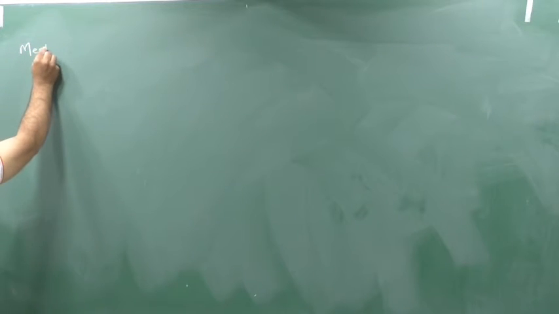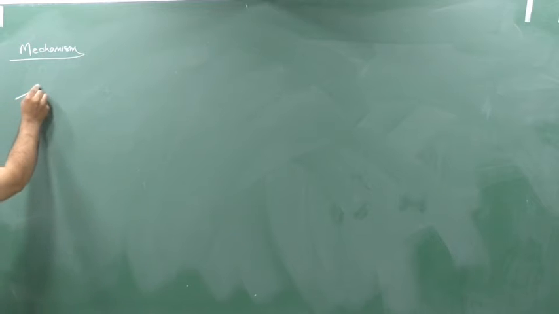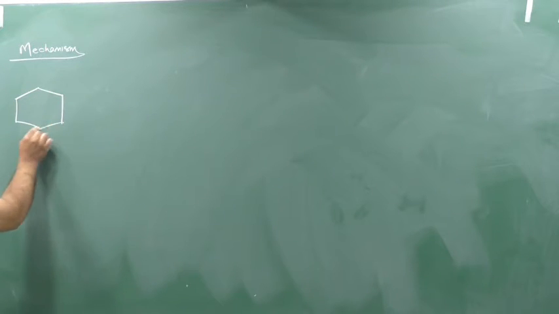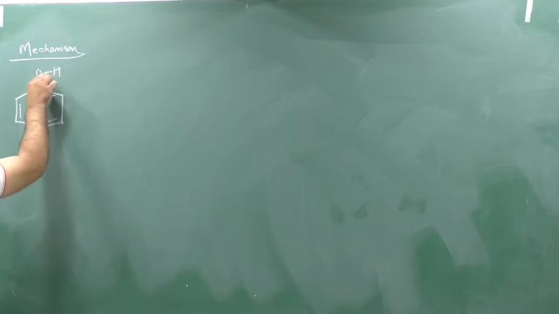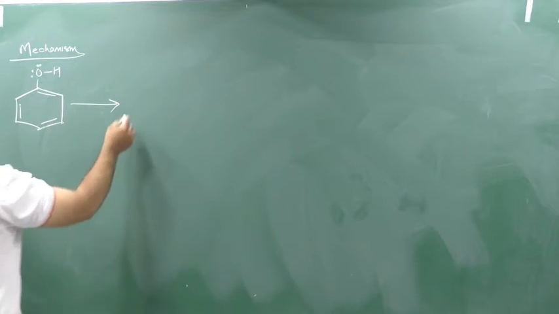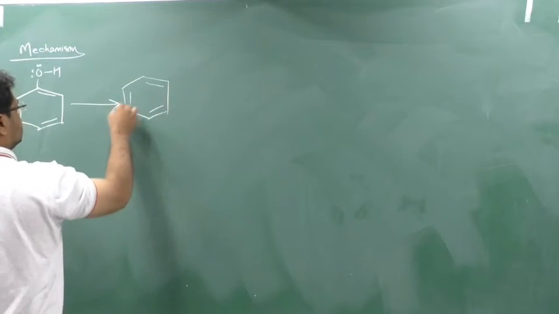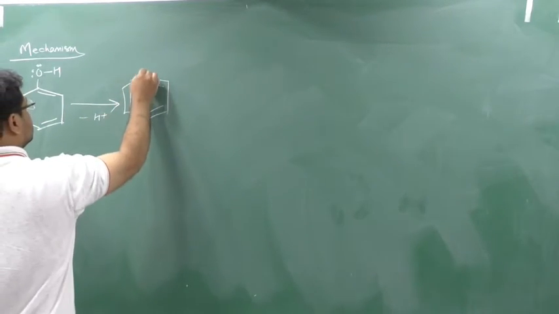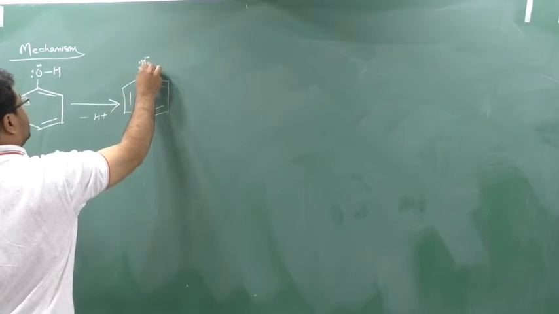So write down the mechanism. Okay. Mechanism of the bromination. Okay. OH, with lone pairs. First, this H plus will be removed. Here H plus is removed. So here O and a minus charge will come here. There were two lone pairs, one lone pair will come extra.